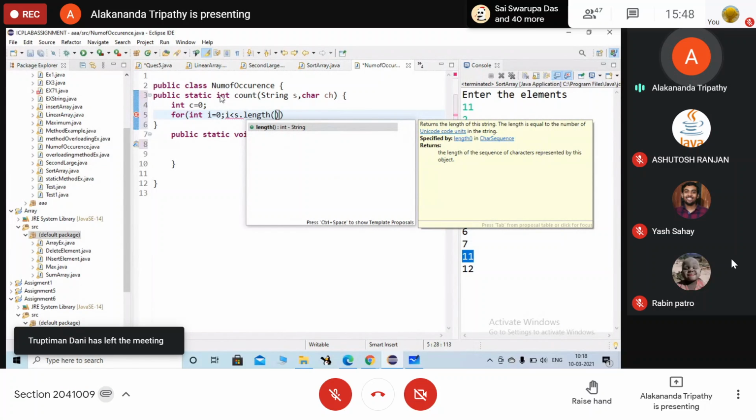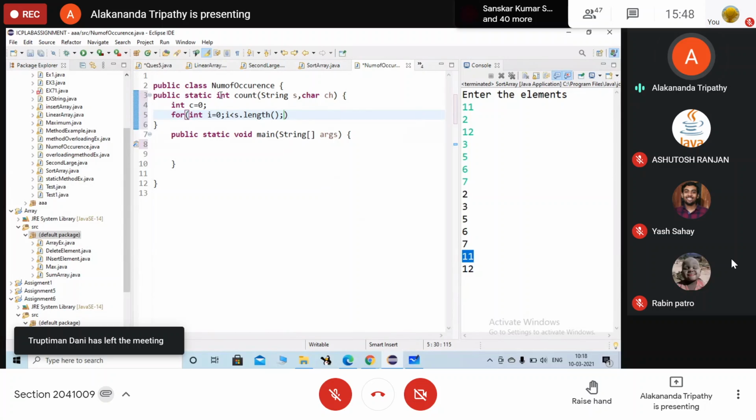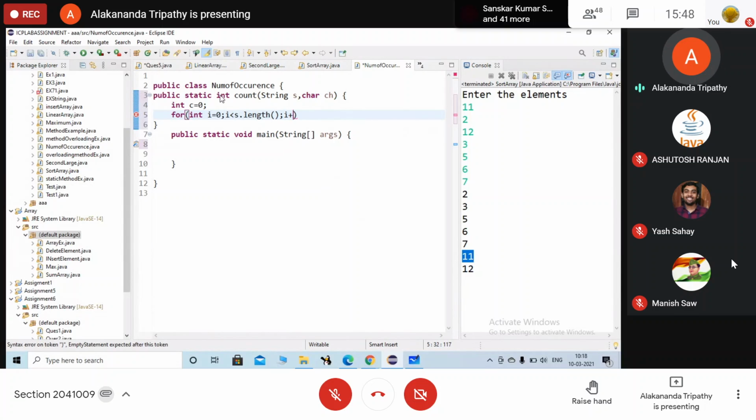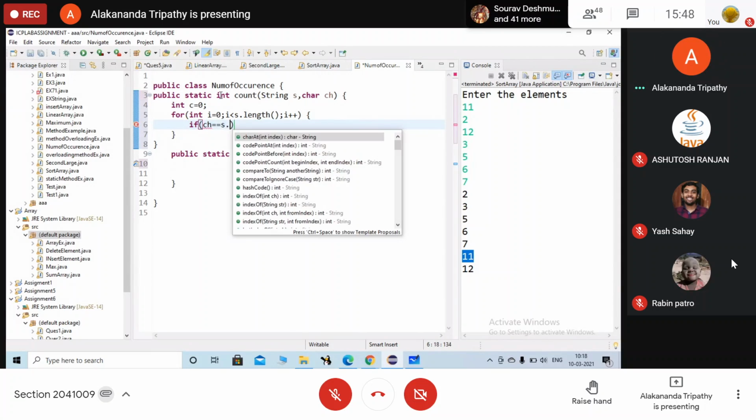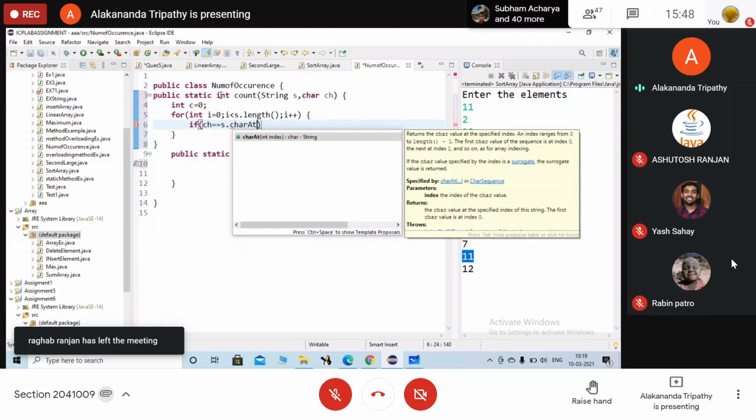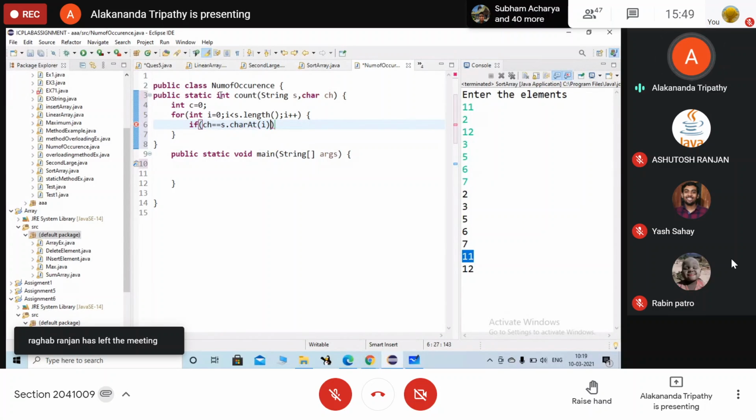Now look, what is the method in a string? In a string, length is a method, but in an array it is a property. What will it be in an array? If ch is equals to s dot charAt(i)